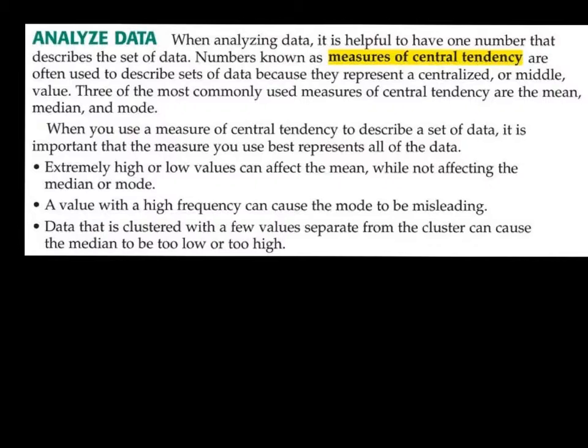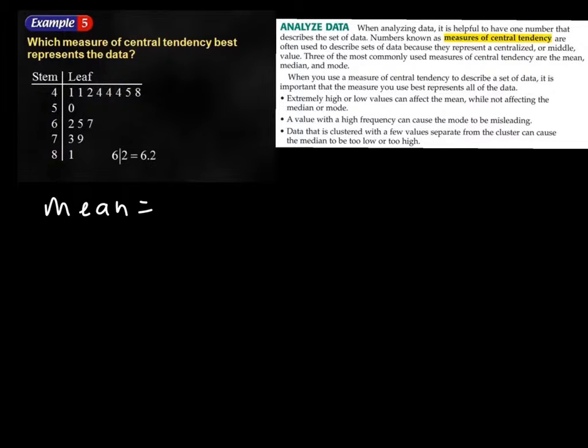Extremely high and low values can often affect the mean, while not affecting the median or mode. A value with high frequency can cause the mode to be misleading. Data that is clustered with a few values separate from the cluster can cause the median to be too low or too high. Mean is the sum, which in this case would be